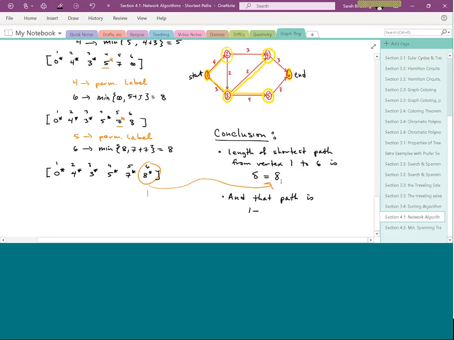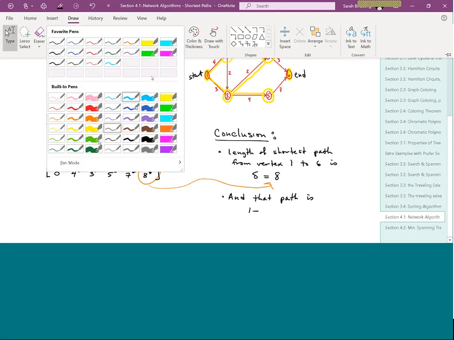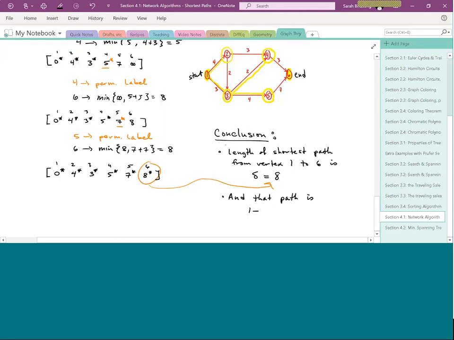Notice what I was doing while we were doing our algorithm. Except for the last step, I was actually building ourselves a spanning tree. And specifically, what did I do? Every time we had a permanent label, I put in the edges of how we got to that particular label. So it's not just any old path, it's a directed path, if you will, because you have to follow